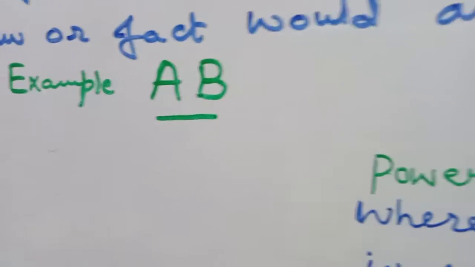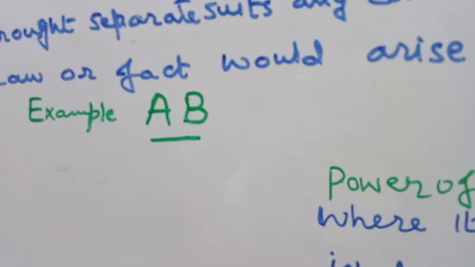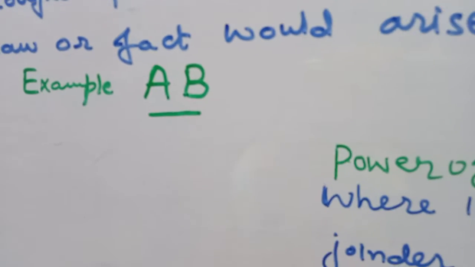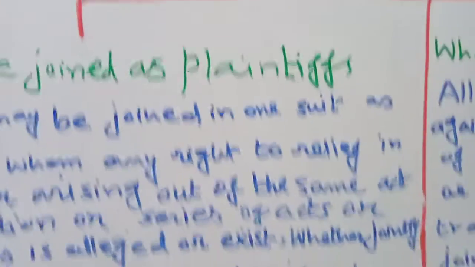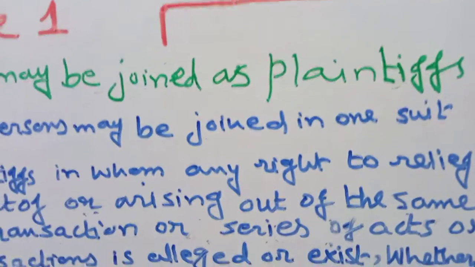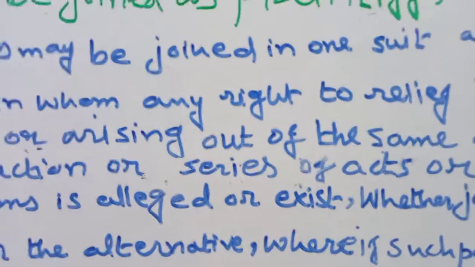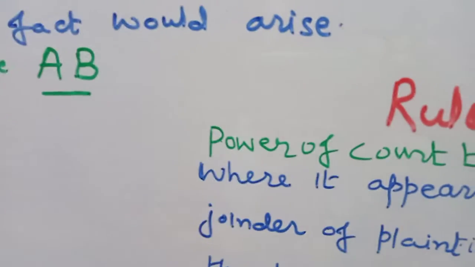This is a waste of time, and the court has much to do, many cases to do. So the burden would be on the courts. So the court decided that many persons can be joined as plaintiffs if their right to relief, or act or transactions, or series of transactions are the same, so they cannot come in separate suits because a common question of law and